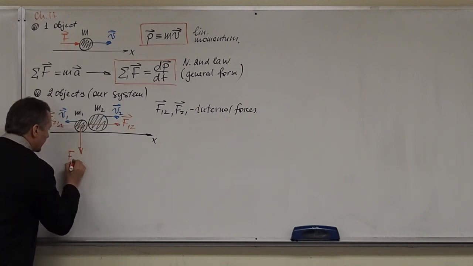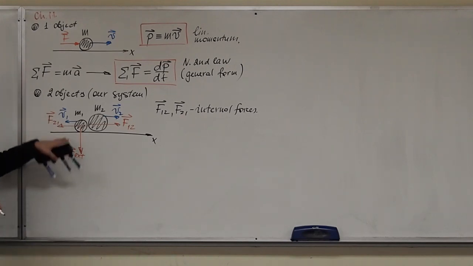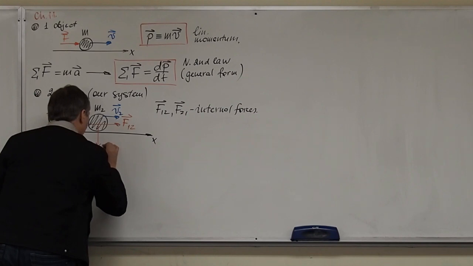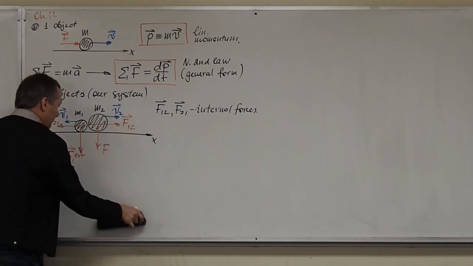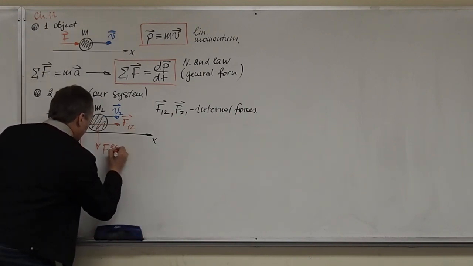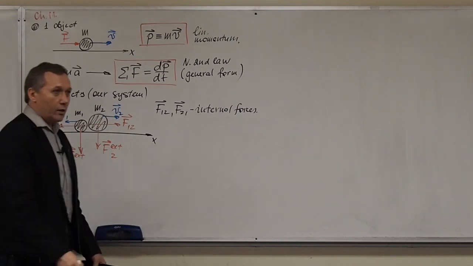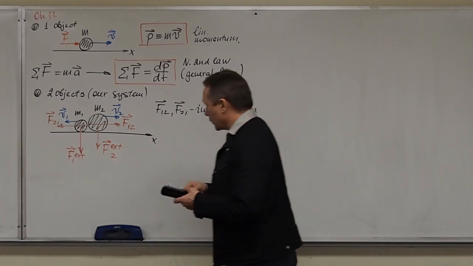So let's say this is F1 external, so external force acting on object 1. And of course there will be an external force acting on object 2. External superscript, external 2. Okay, so we might have two or more external forces. Okay, then,